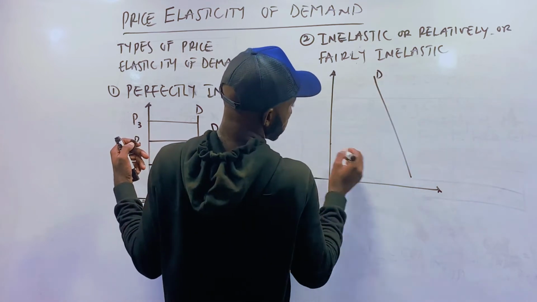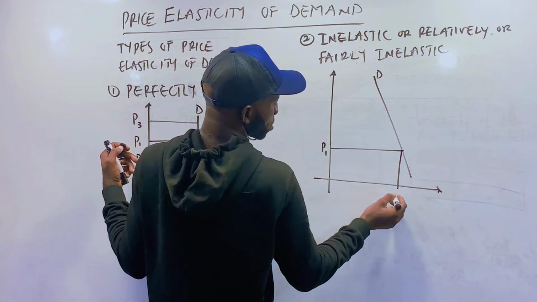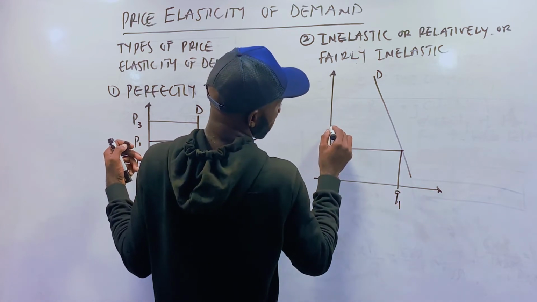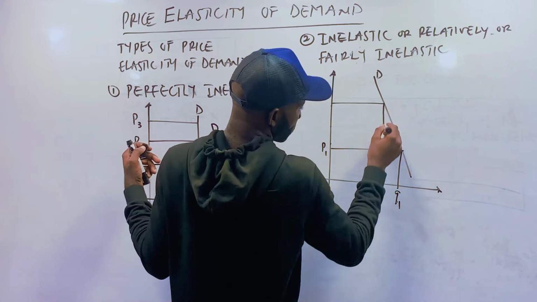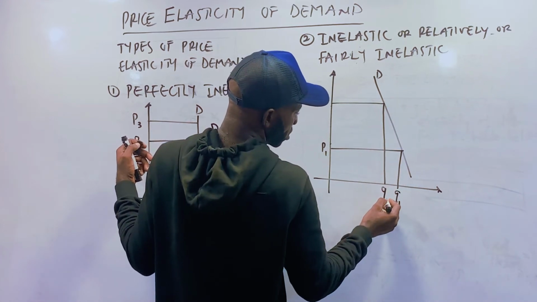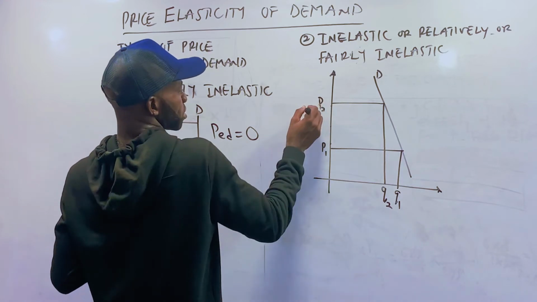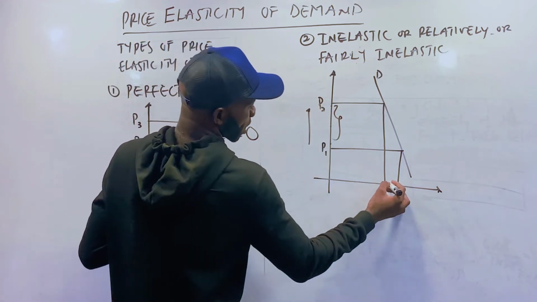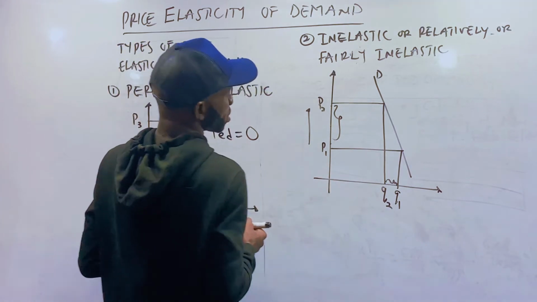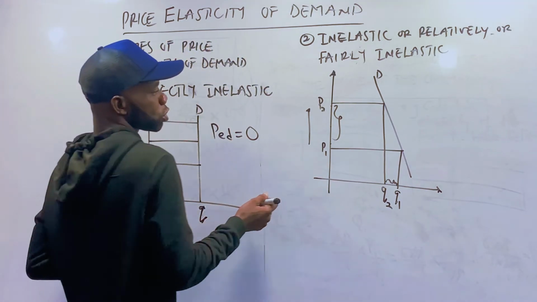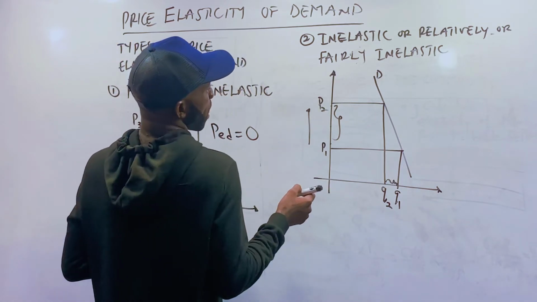So this is our D, and I will have price. So this is my P1, this is my Q1. A change in price, you can see the difference. There is a large change in price, but a small change in quantity demanded. So if I have my P2 here, check out the gap and check out the gap. So that interprets the definition and then closes it on a perfect note. So Q1, Q2, P1, P2 represents inelastic